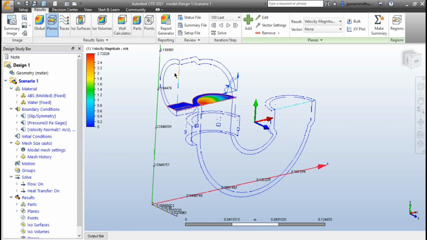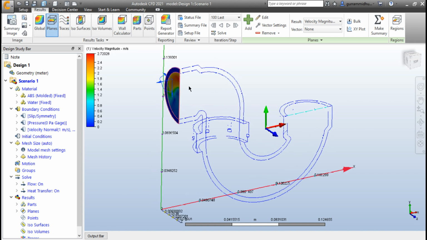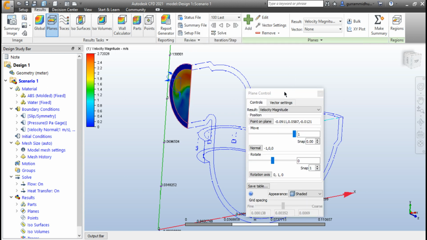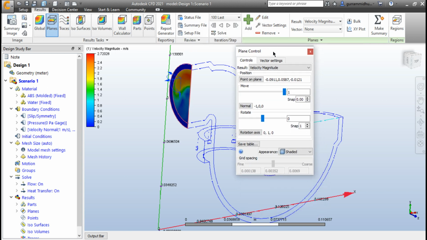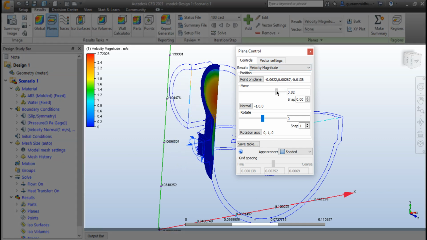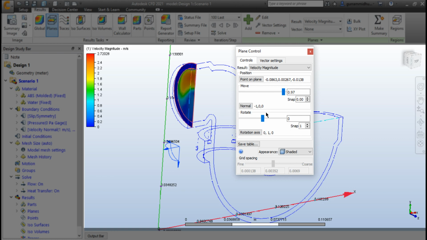I'm going to click on that and select this face, so it will be aligned to that surface. If you click on this edit icon, it brings up the plane control panel. Here you can move that plane and rotate that plane, as we did using this UCS.